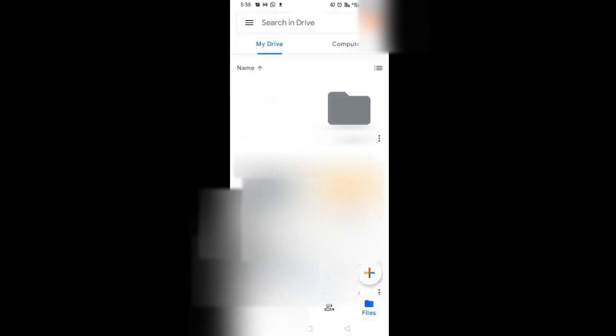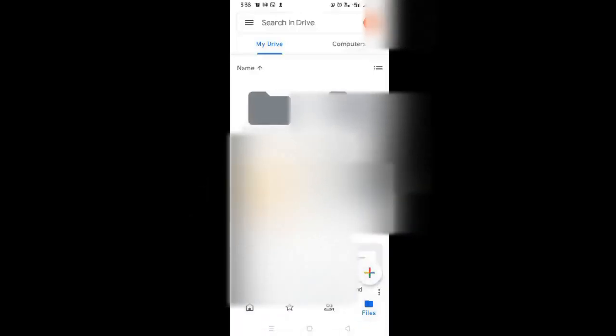After that, tap on the 3 lines at the top left corner and tap on recent. Now you can see our file which is converted into a PDF. Tap on this and make sure that everything is clear,